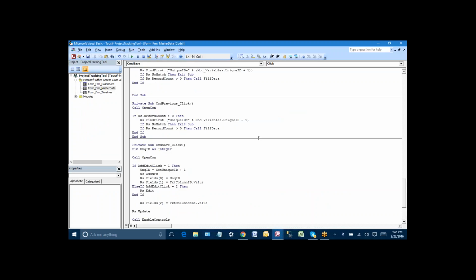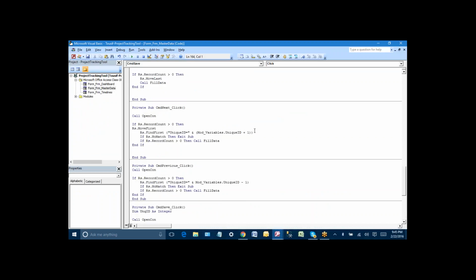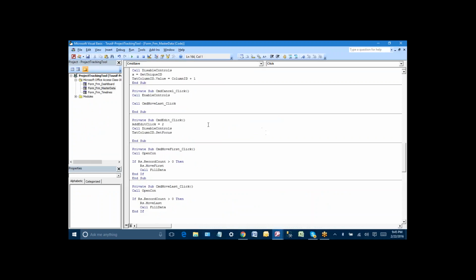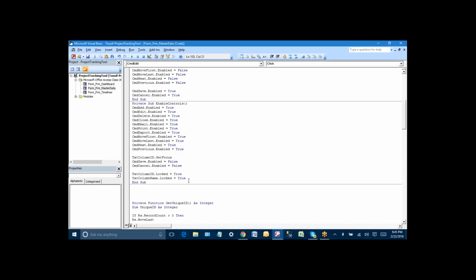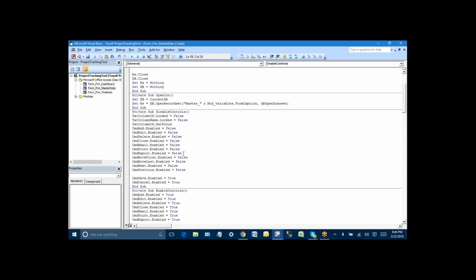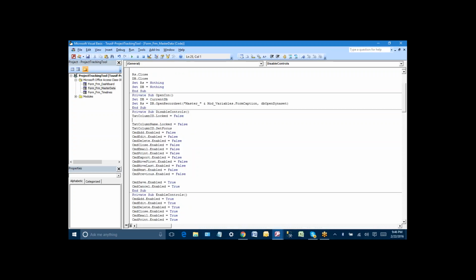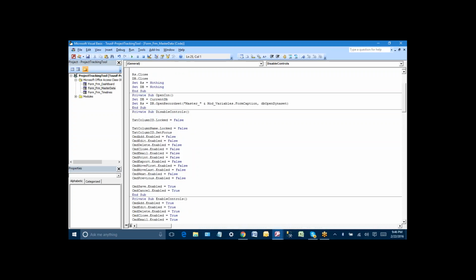Then in cmd edit, here we are locking this, enable controls in disable. Here, where is that column id set focus locked is equal to false. This only will do